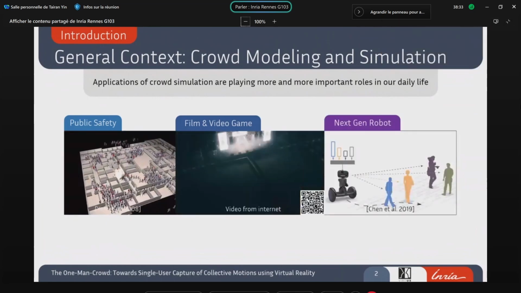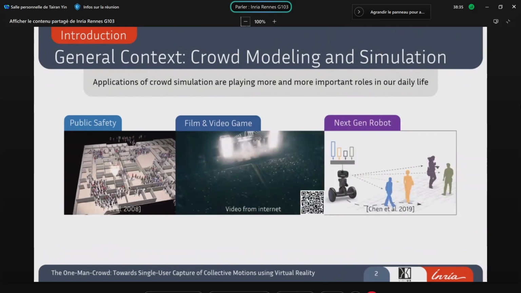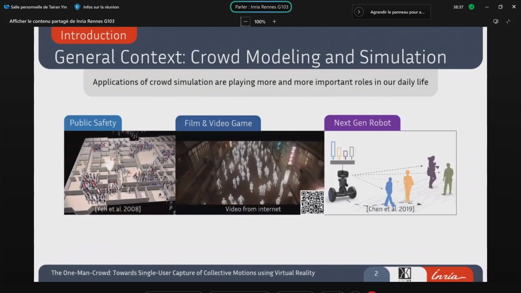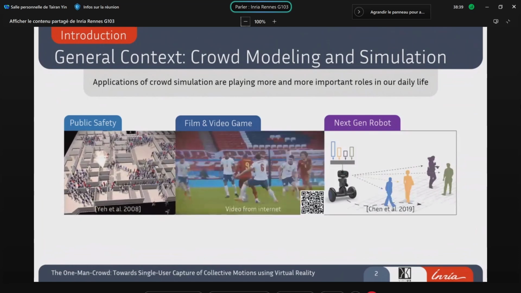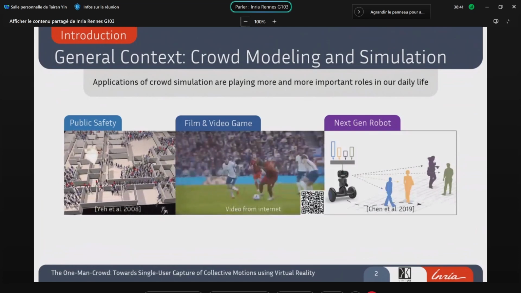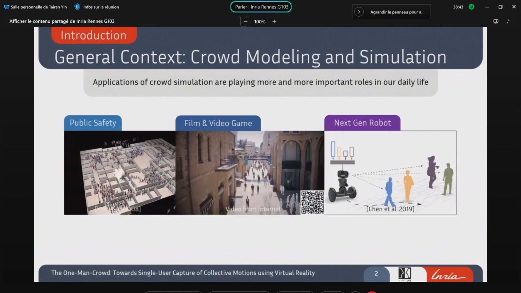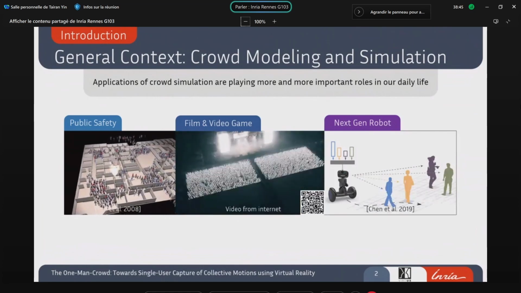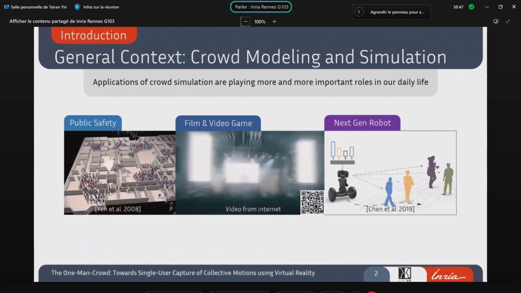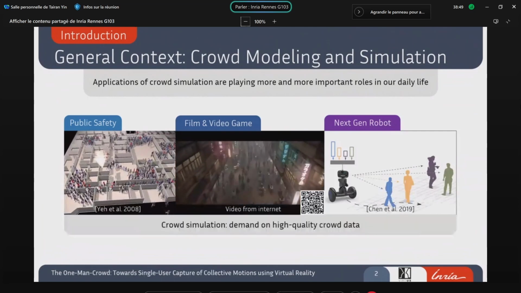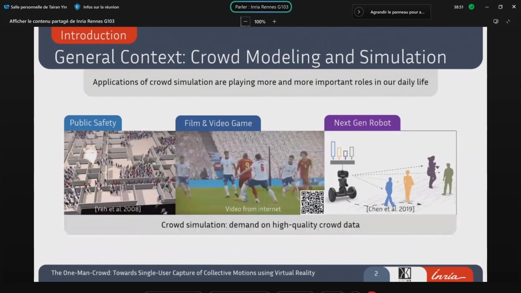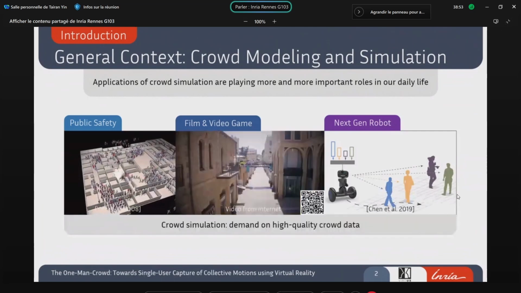And recently in robotics, there emerges a new tendency of applications that involves intelligent interactions between humans and machines. And all of these applications rely on the performance of crowd simulation, which cannot go without the support of crowd data.